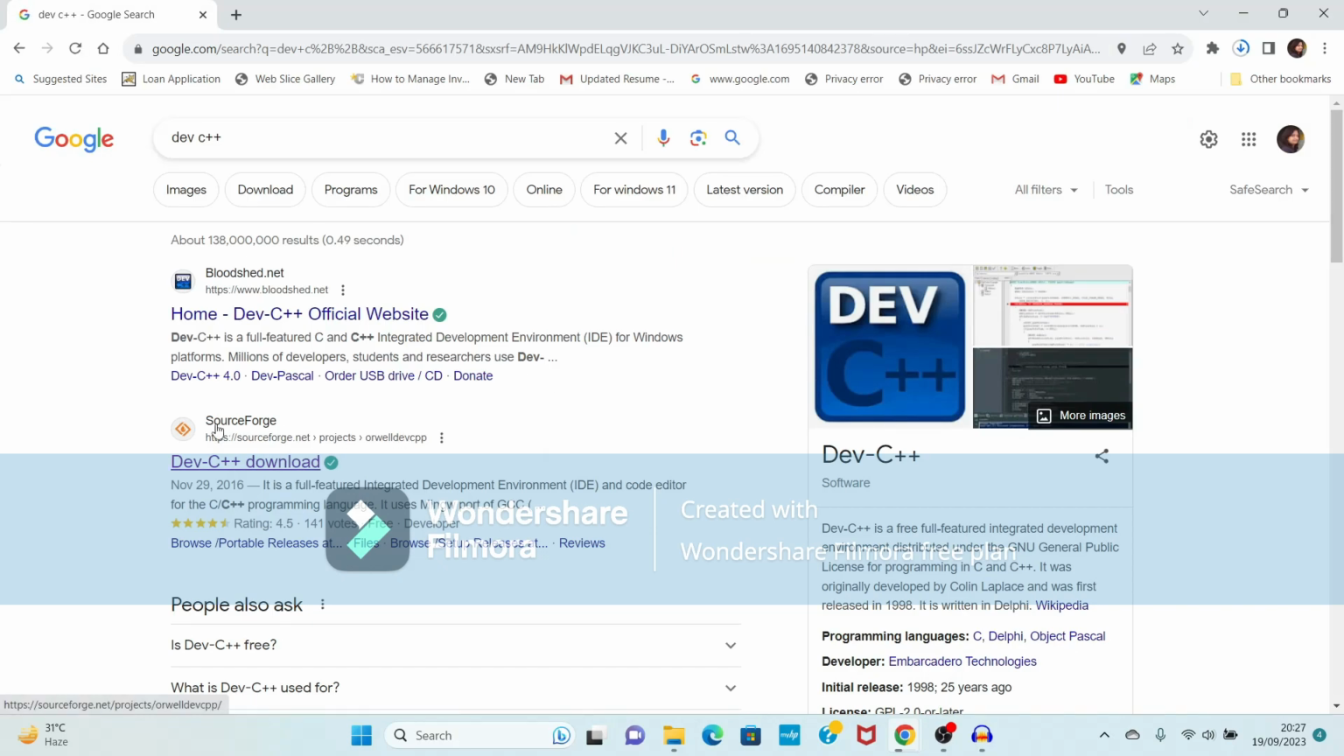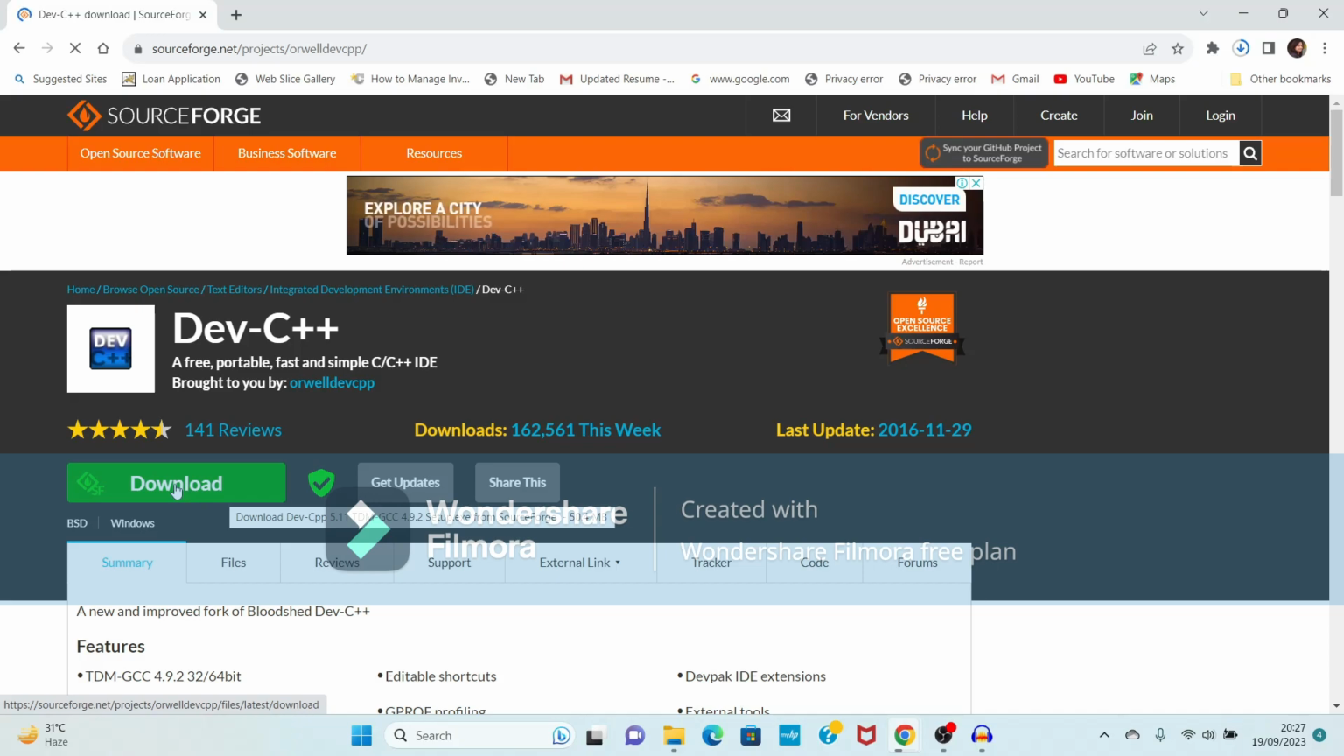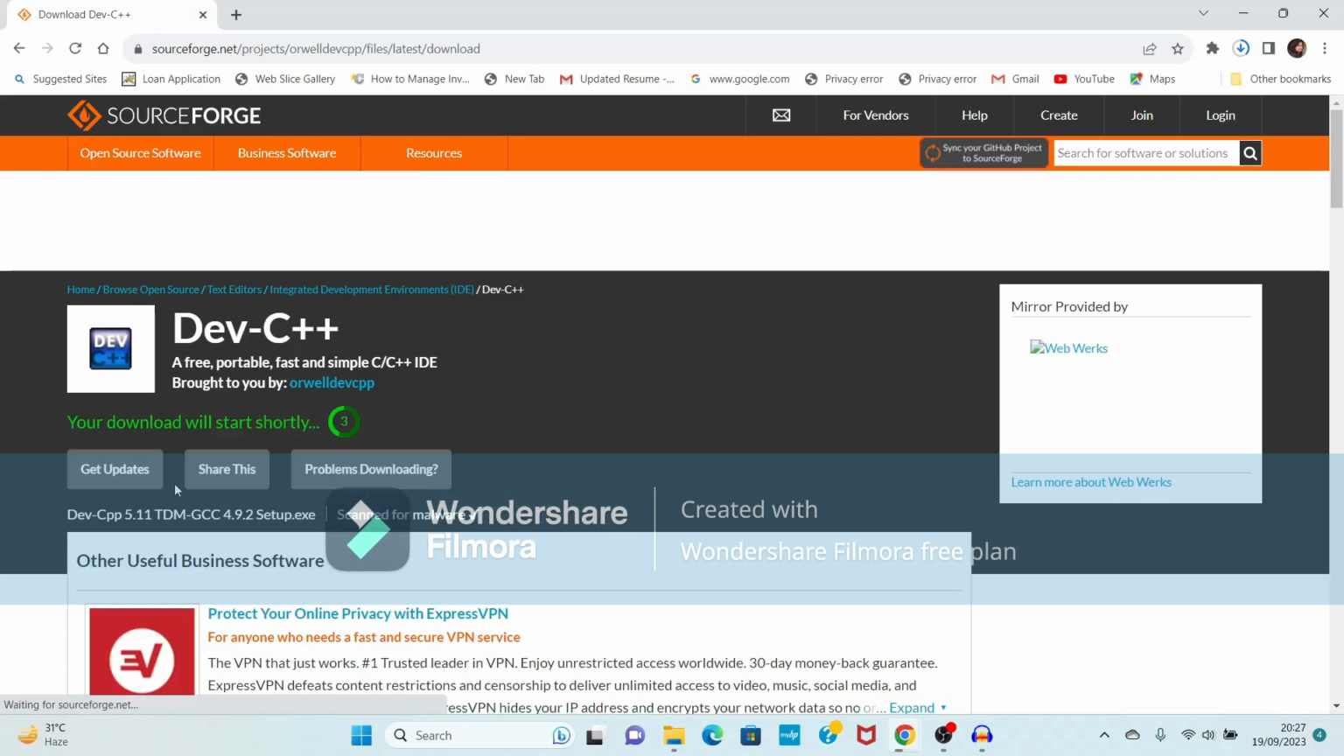Now see, I'm selecting this one, the SourceForge DevC++ download website. Just click on this DevC++. Now see, it is showing a green colored symbol or button. Now you can click on this download option. Now see, it is showing the download will start shortly,